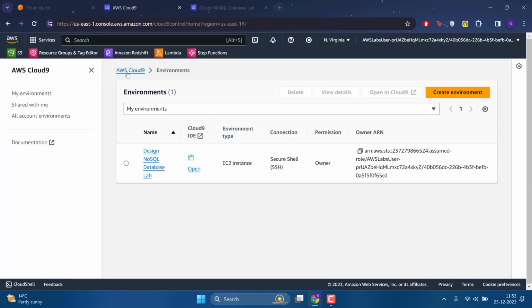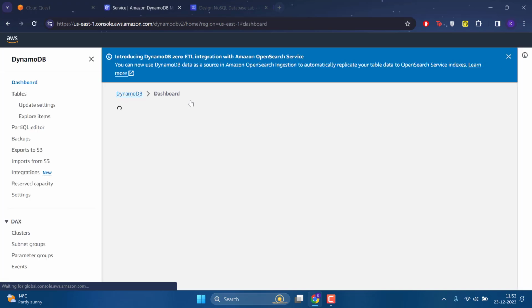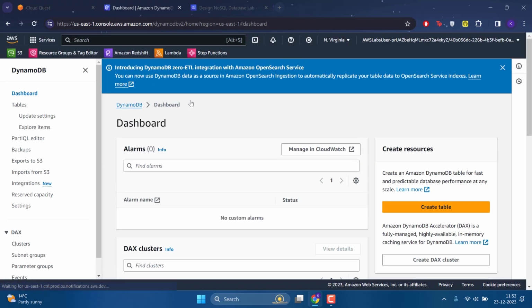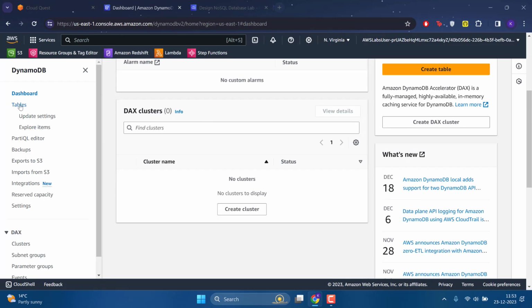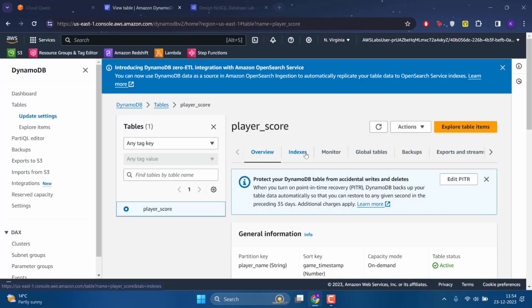I think I will go here and pick DynamoDB again. Tables, click on this, indexes.